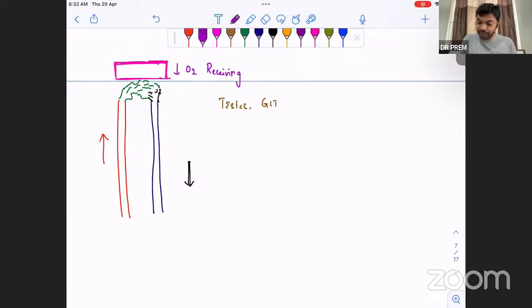As a consequence, these kinds of cells, enterocytes, are vulnerable to hypoxic damage. Even the slightest drop in oxygen supply and the enterocyte will cease its function. There will be destruction of enterocytes. Why? Because in normal healthy condition itself, the amount of oxygen taken up by the enterocyte is going to be